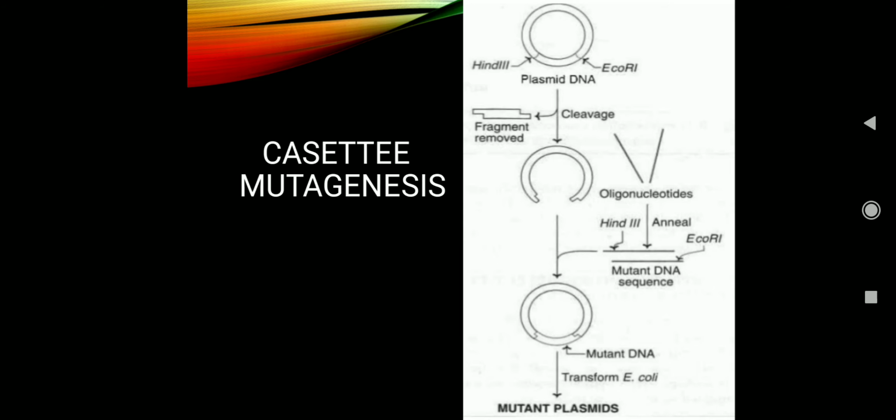This cassette mutagenesis is a 100% efficient method because here we are not going to use primers. Here directly we are removing the gene of interest and adding the mutated oligonucleotide such that the mutation happens 100% efficiently. That is about cassette mutagenesis. Remember, in cassette mutagenesis, we are not using a primer. Instead, a double-stranded oligonucleotide with the mutation is replaced in the place of the gene of interest, where the gene of interest is cut at the restriction sites by the restriction enzymes.